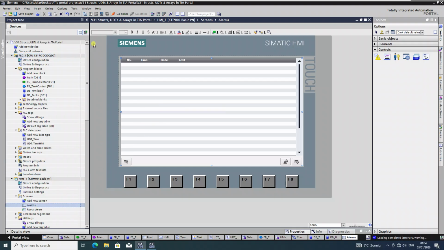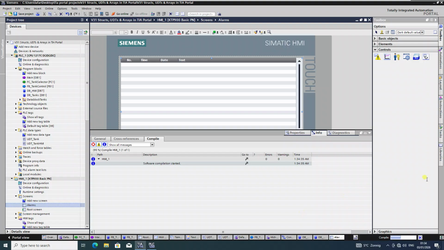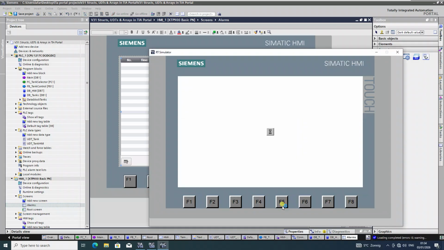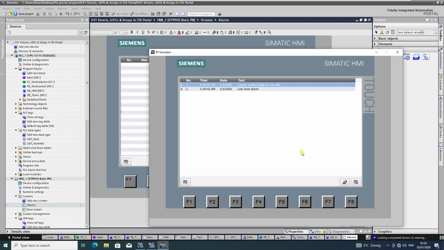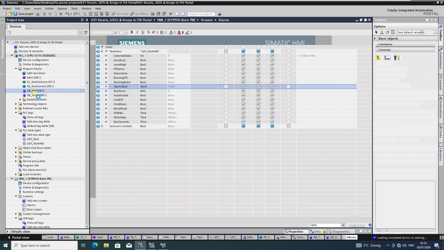And now we are on this screen, alarms. You go to runtime. We see there are 2 alarms, right? And when we go to our